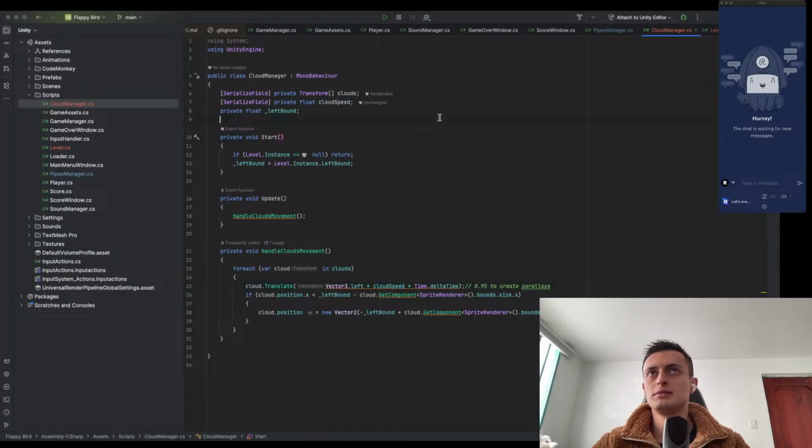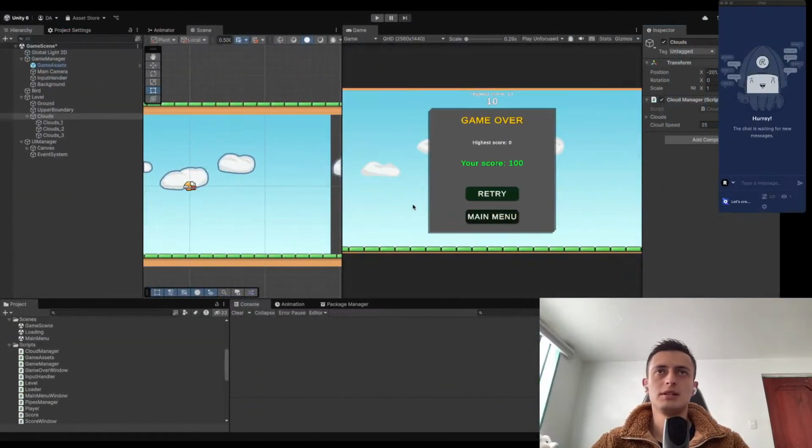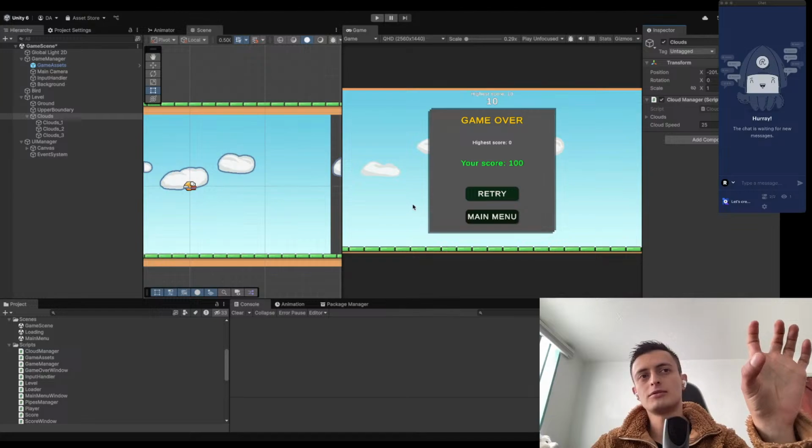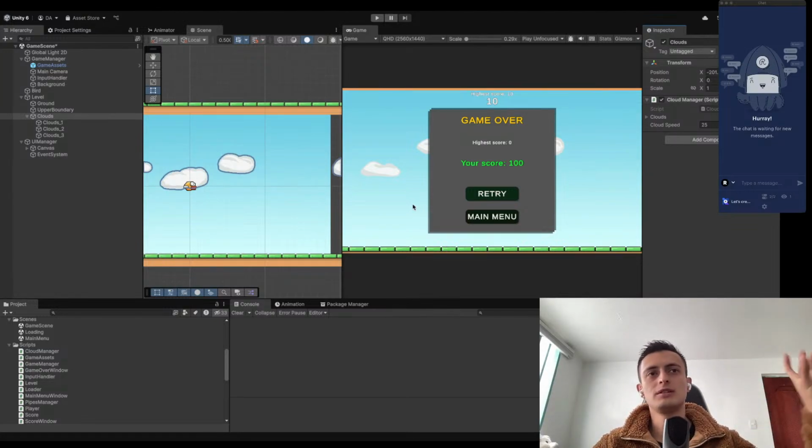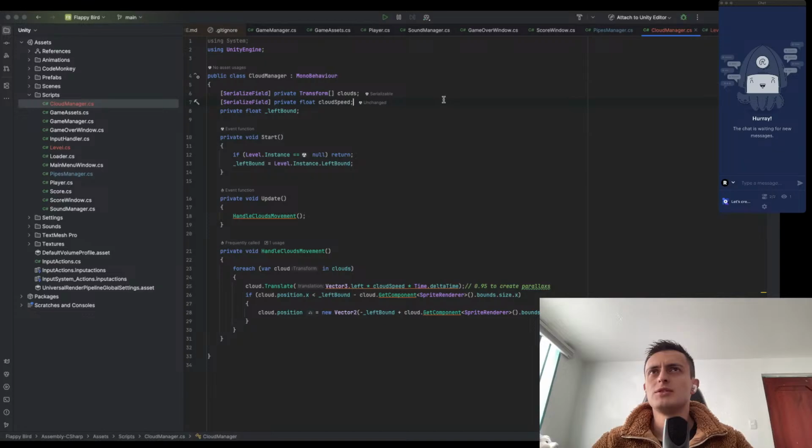So, cloud speed. For now, as it is in Flappy Bird, before the level starts, the clouds are just static, and once the player starts moving, the clouds move. But I would like to have the clouds moving slower at the beginning. So I would like to have a constant here, can be private,